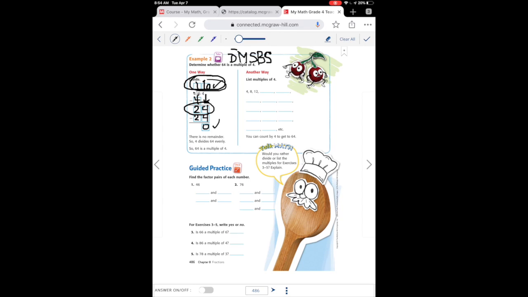Good. Now, look at the one where it says another way. List multiples of 4. Remember, when we were finding multiples, we were just skip counting. So what you need to do is just skip count and fill in all those lines. So 4, 8, 12, 16, 20, 24, 28, 32, 36, 40,